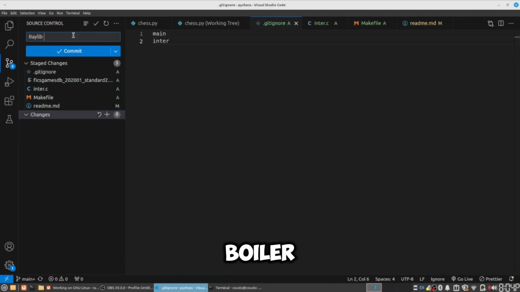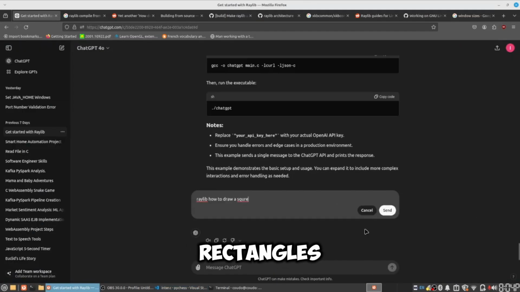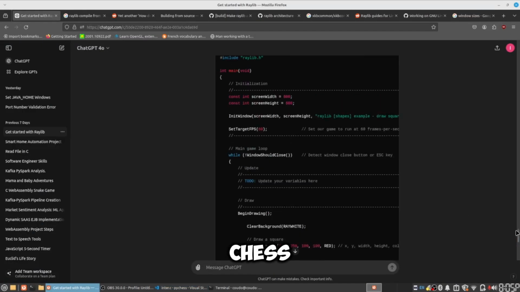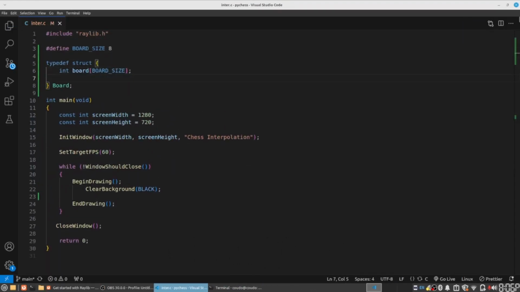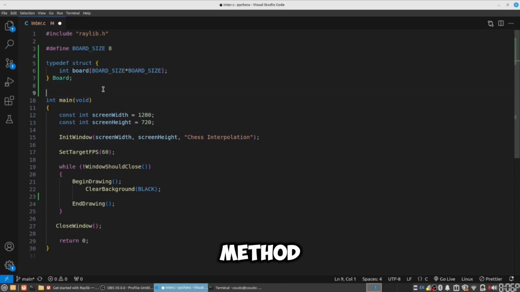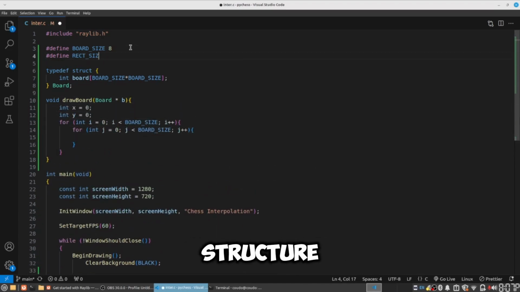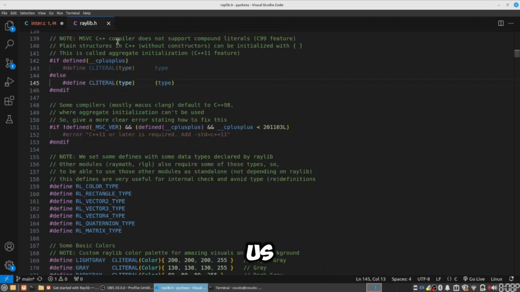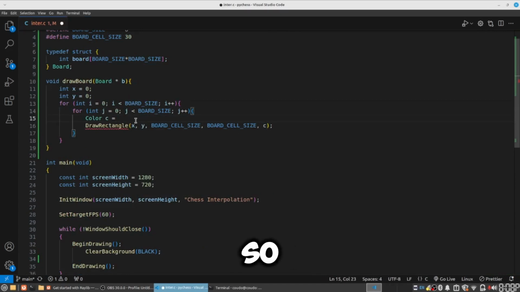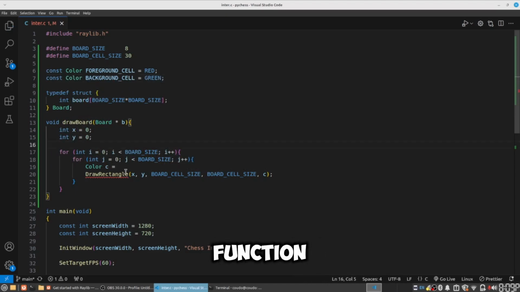After the initial boilerplate code was done, I started to work on creating rectangles to represent a chess cell in the grid of the chessboard. So I asked ChatGPT how to draw a rectangle. Once I found out the method, I started to create a structure that holds the chessboard. It would hold all the chess pieces and where they are, and it will also help us in drawing the chess grid. So in this function called drawBoard, I am trying to draw the